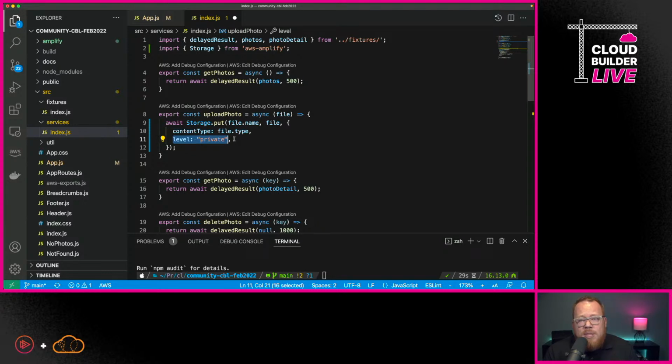Now, what this does within AWS Amplify, if it's private, that means it is just for this single user.